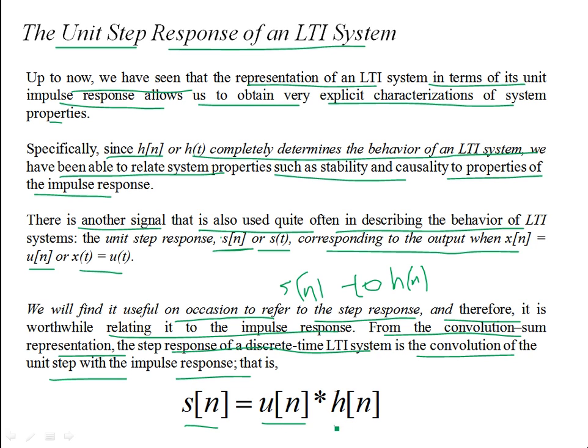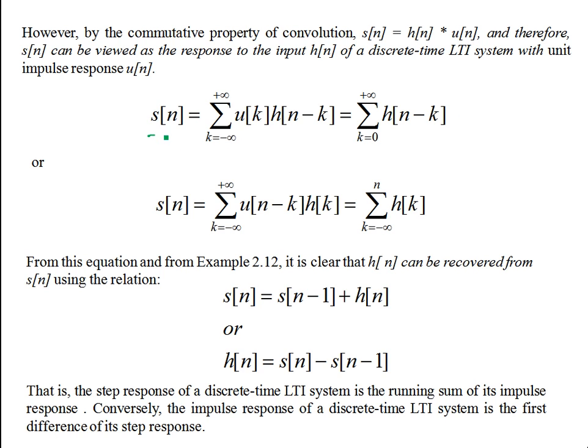So a unit step function convolved with h[n], given the system is LTI, will give you the step response. Since the input is u[k], the unit step function for a discrete time system, this step response can be expressed as a sum from k equal to 0 to infinity. Or, since convolution is commutative, you can start with u[n minus k] and h[k], which means the upper limit has to be bounded by n. These two expressions are the same step response of an LTI system to a unit step function.